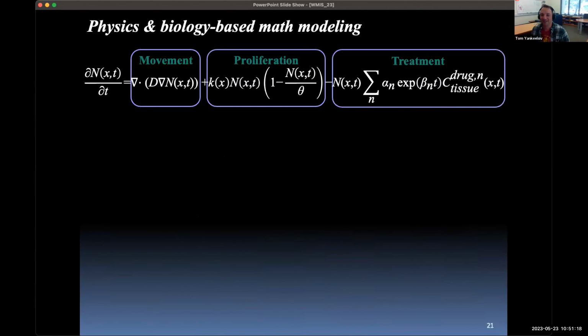All right, here we go. Right here. So this is our treatment term. The things we measure that we're estimating: the N's are estimated from our cell density maps for diffusion data. The theta is measured on the voxel size. The drug concentration is estimated from the DCE data and then washed out according to phase 1 clinical trial pharmacokinetic data. Everything else needs to be calibrated for. That means we calibrate for D globally, alpha globally, and then K locally. So that's the thing that's fit during that calibration step.